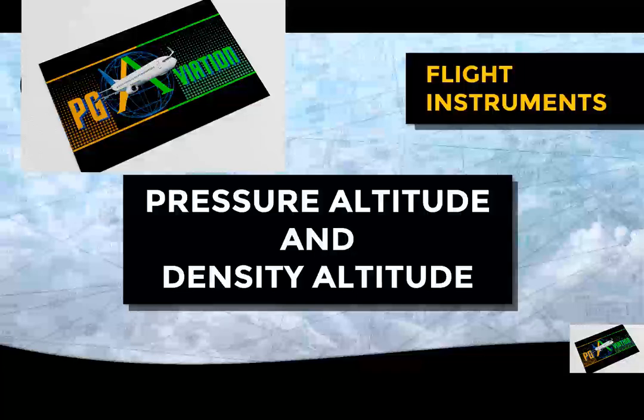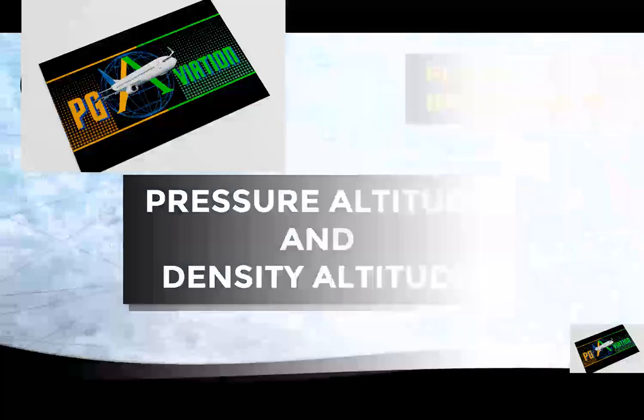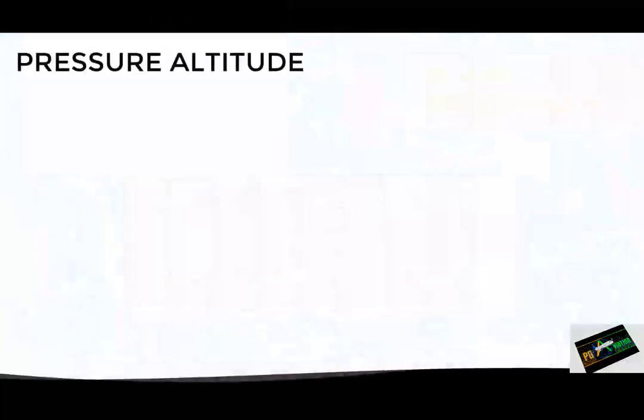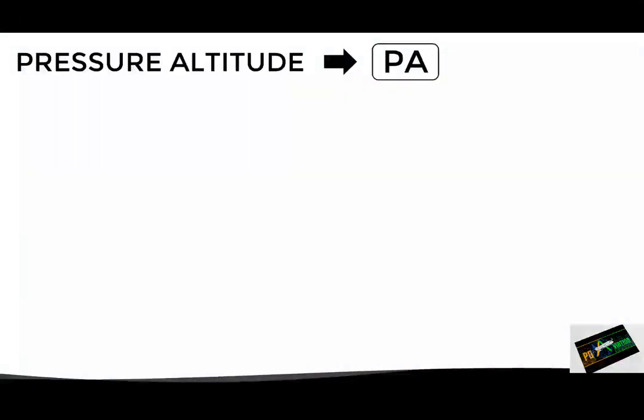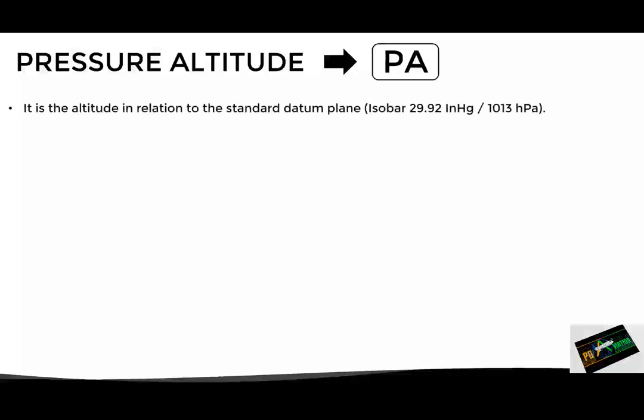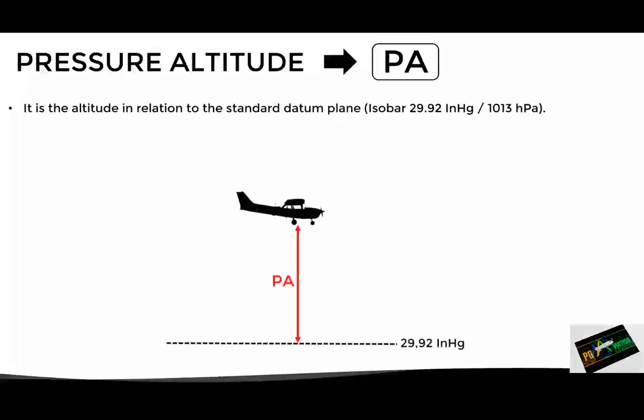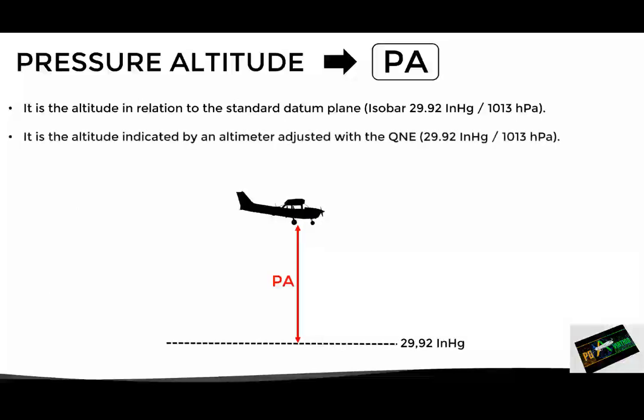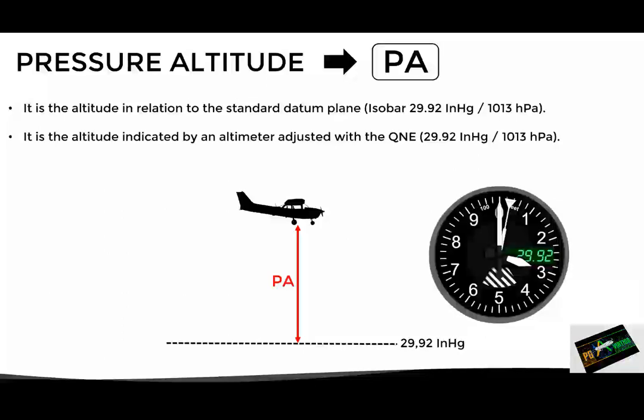And if they are not well understood, can be quite confusing. So, without further ado, let's start with the pressure altitude. It is abbreviated as PA and corresponds to the altitude of the aircraft in relation to the standard isobar of 2992 inches of mercury or 1013 hectopascals, which, as we recall from previous videos, corresponds to the pressure at sea level under standard conditions. Therefore, we can also say that this pressure altitude is the altitude indicated by an altimeter